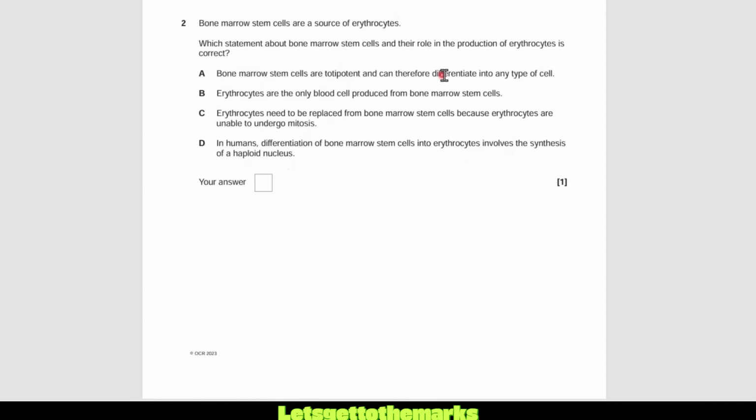No, that's not true. If bone marrow stem cells could do that, then if you had your arm chopped off, you could grow a new arm, couldn't you? And people wouldn't be paralyzed if they could grow new spinal tissue. So we can tell, obviously, that this one is not true. I mean, if that was true, you could grow a new head or something.